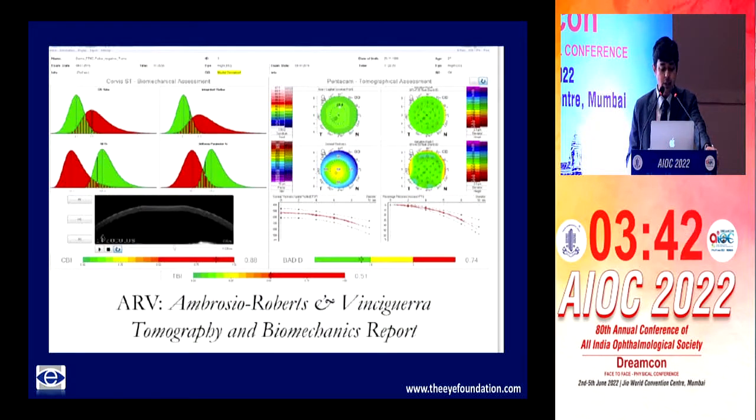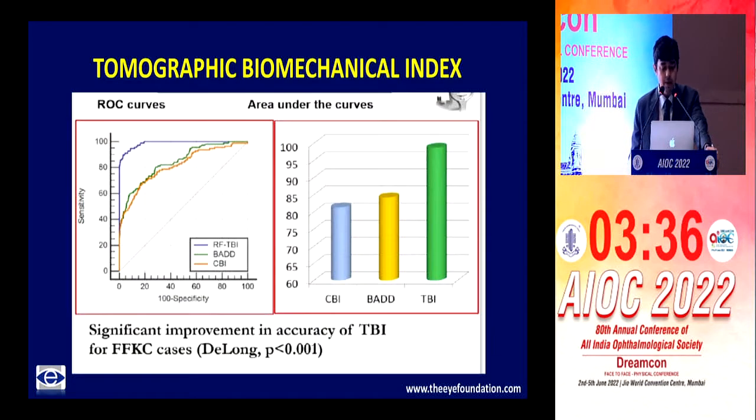Now this TBI essentially combined the values like I mentioned and various indices and gave certain cutoff values. The TBI definitely pushed the limits as far as differentiating between FFKC and normal patients. And as you can see here, both the ROC curves and area under the curves, the amount of cases which were being picked up, the sensitivity and specificity were definitely higher with the TBI than what you saw with the